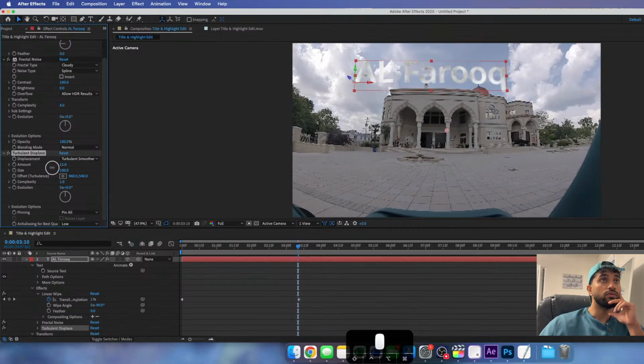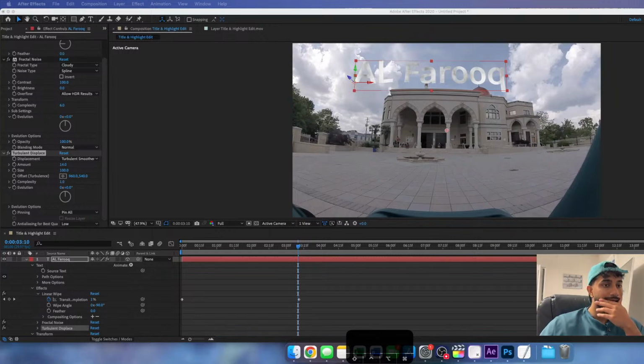Maybe we can have it move in the sky like that. I changed the displacement to turbulent smoother, and then changed the amount to 26 and the size to 8. And then I just adjusted the complexity to 1.9. Alright, now on your text layer, you're going to go to the